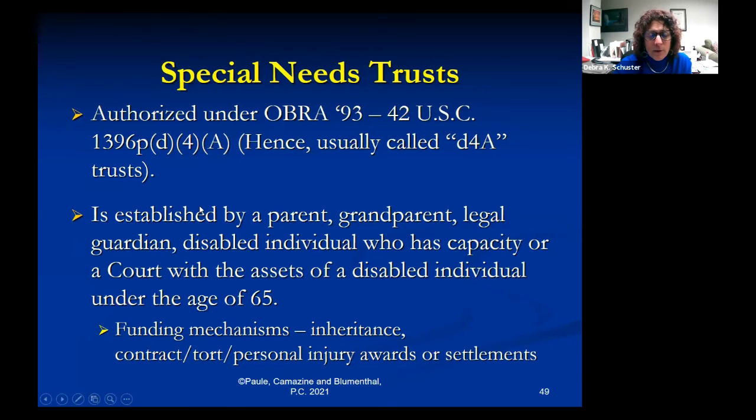We talked about the special needs trust. It's often called a D4A trust. A D4A, a first party special needs trust, has to be created and funded when someone's under age 65. So if we have an individual who is disabled but has reached age 65 or older, they cannot have a first party special needs trust created for them. If they have money that comes into their name, you're going to have to use that money or be on